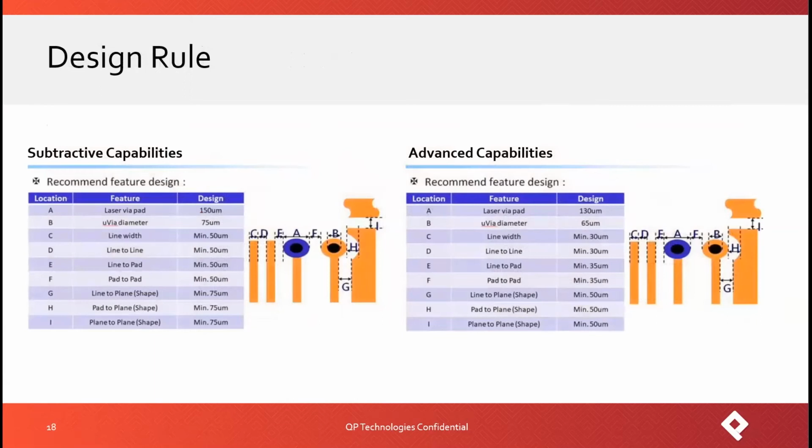Some of the design rules, and this really translates back into cost as well as availability. We would draw the line at a 2 mil line and space as being, if you will, the first increment of design. At 2 mil line and space and above, in general, that has been where we've focused a lot of our effort. There is a huge financial cost delta between the 3 mil line and a 2 mil line and a 1.5 or less mil line. But these are some of the applications, or if you will, some generalized capabilities of what we can provide from our strategic substrate manufacturers as far as line and space